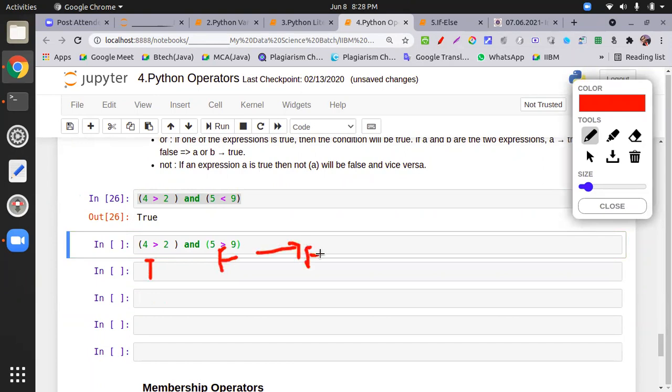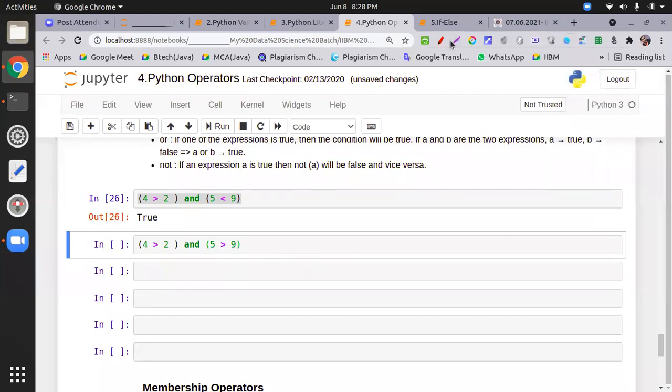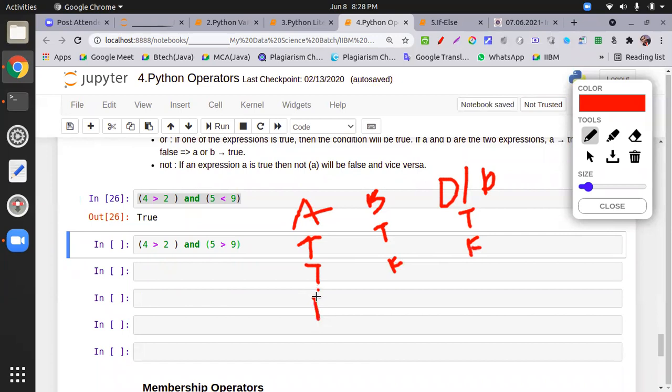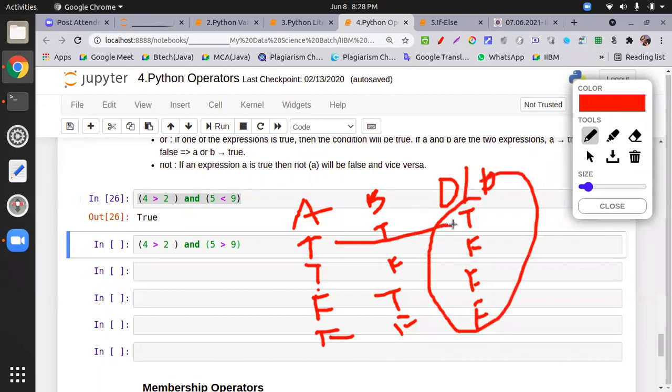One thing is the truth table. If you have heard about that, the AND operator has a truth table. Means A, B, and the output. Take a screenshot of this. True, true gives true. True, false gives false. False, true gives false. And then false, false gives false. Alright, this is the truth table. It means only in one condition, when A and B are both true, will it reflect true. Otherwise, in the next three conditions, it will reflect false.